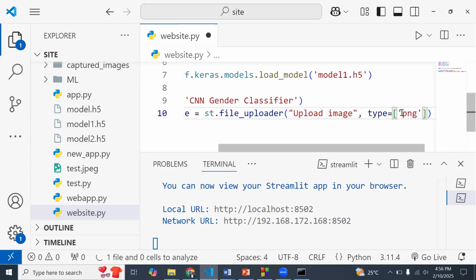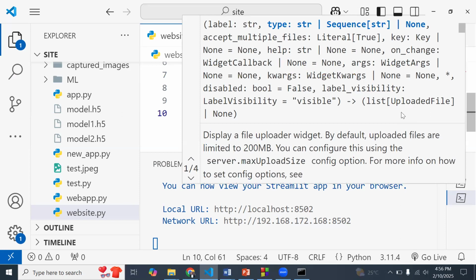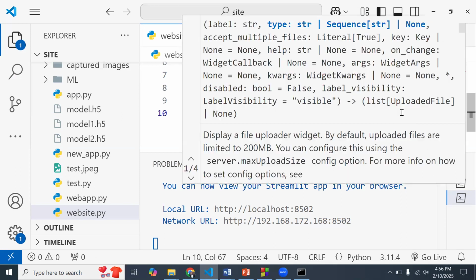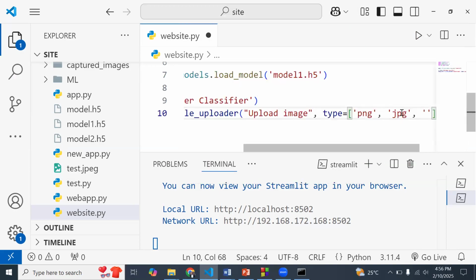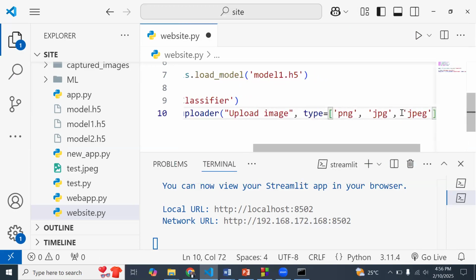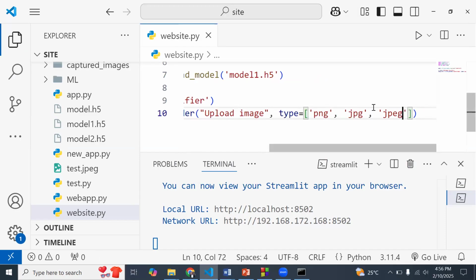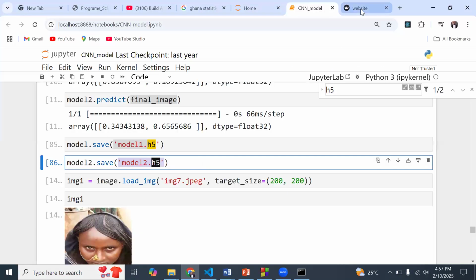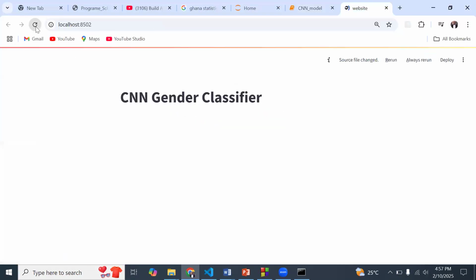So I can say png, jpg, and then the last one we would want is jpeg, this way. These are the ones that we are limiting the images to. All right. Now the next thing we want, right away, we can actually do a preview of this, because I always want us to see exactly what we have.